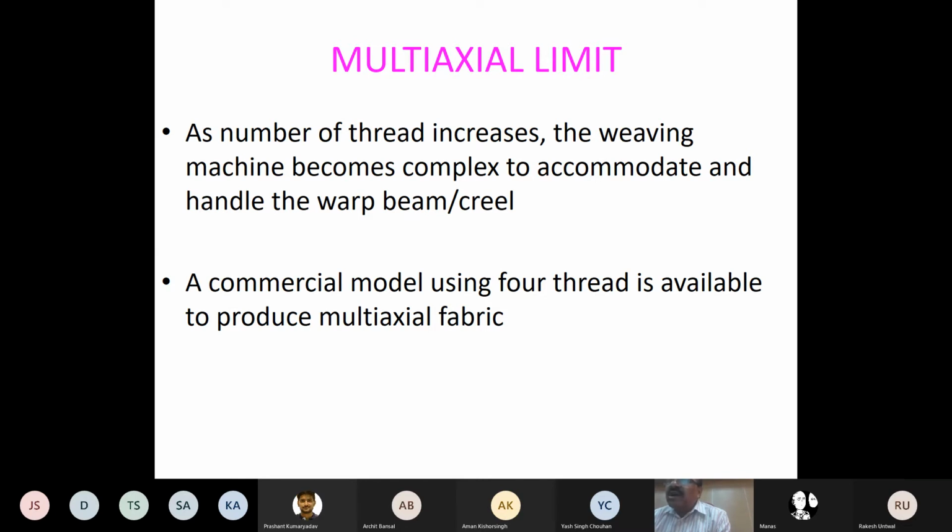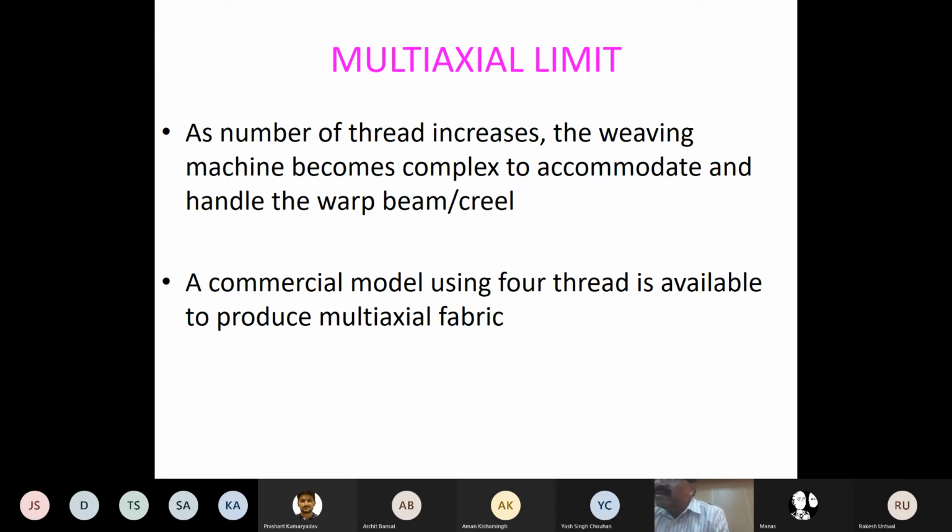So I must know how to accommodate 5 beams at the let off side, at the back side of the loom, from which all 5 threads are to be drawn, combined together and make shed to make the weaving process. Very, very difficult task to manage the threads drawn from 5 different beams, and they must all have identical let off mechanism, because weaving is taking place. Yarn consumption from each beam must be equal. That means the same take up, but 4 different or 5 different or 6 different let off.